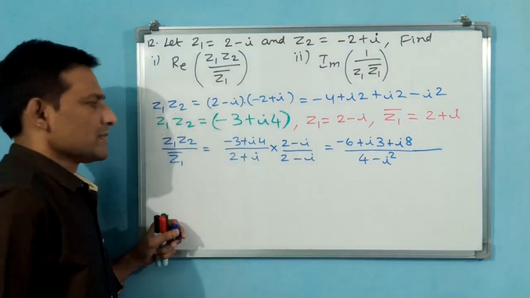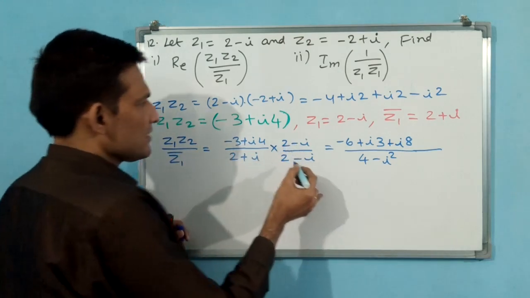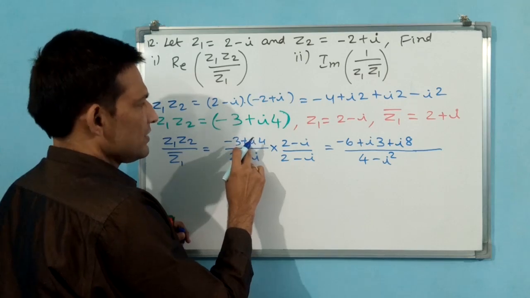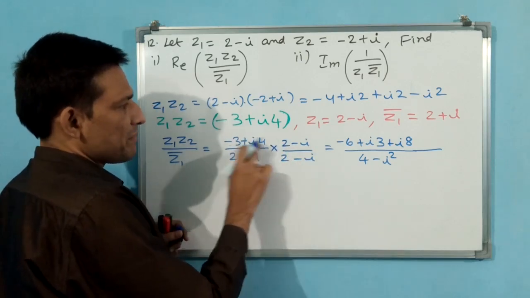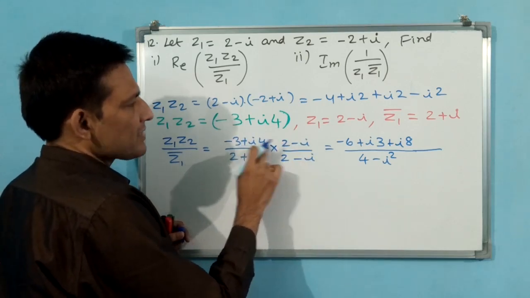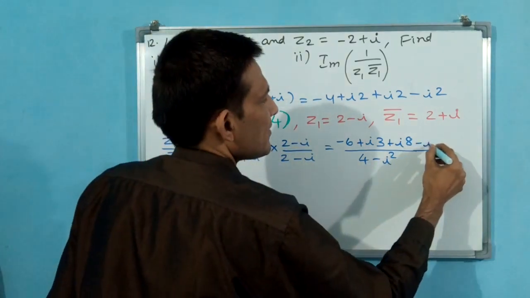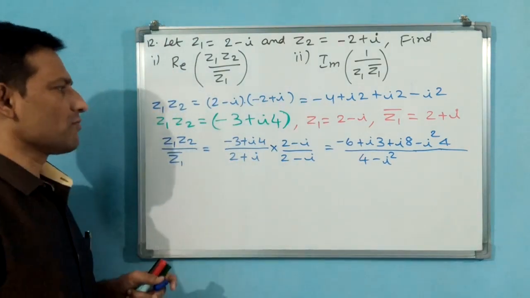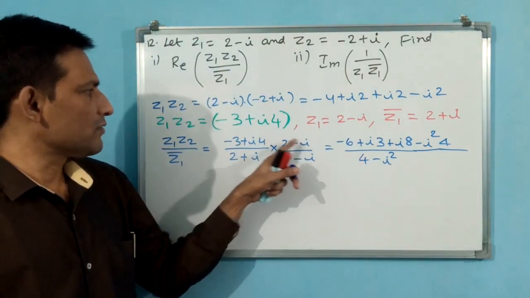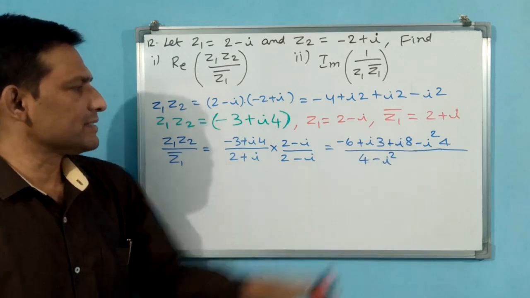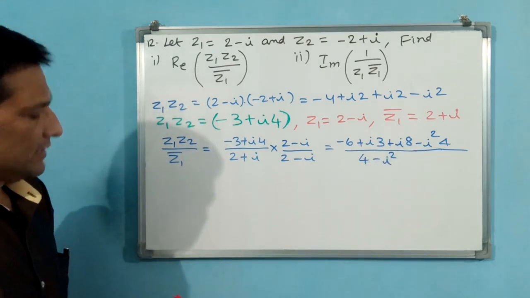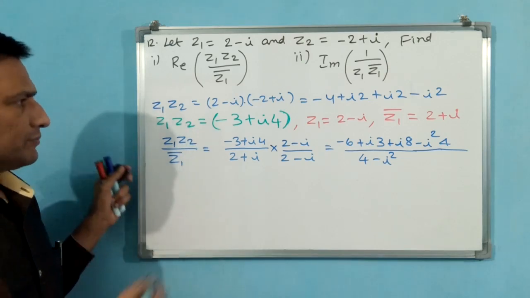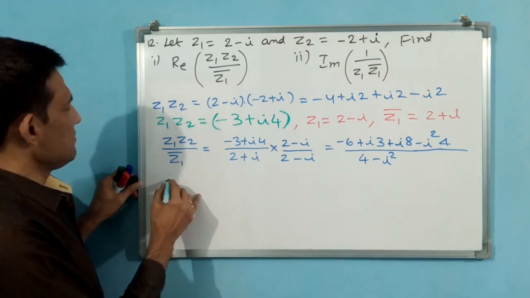Okay. Now you see plus and minus, minus is going to come. Okay, this is plus, this is plus, okay, plus. But here plus and minus, minus. Minus i square 4. Is it okay? Minus 4 i square, or i square 4, i into i square, 4 into 1, 4 only. Minus is there. Okay. Now simplify that one.